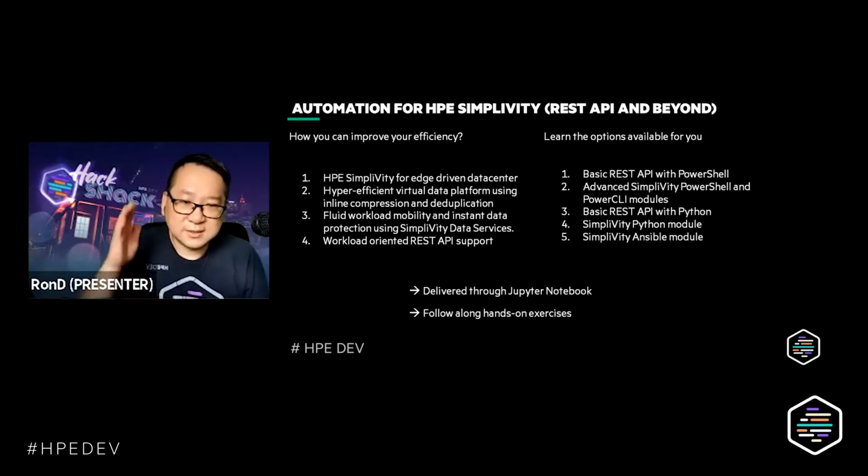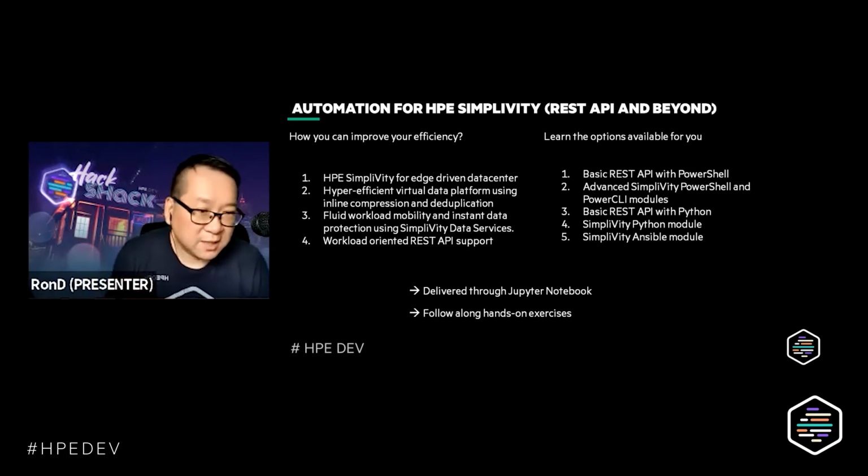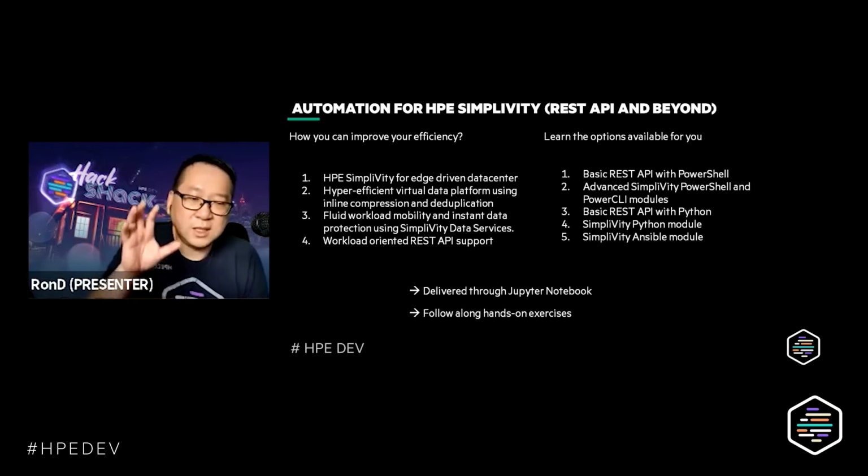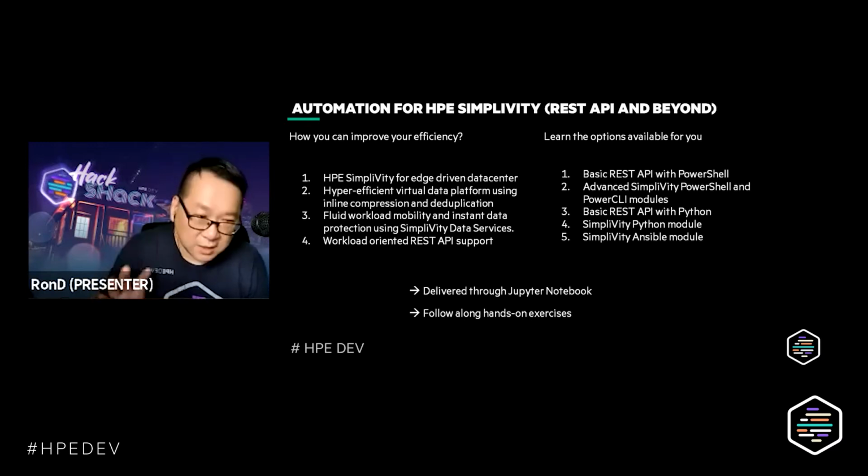And here are the options that you're going to be able to go through today. There are 5 different notebooks. I'll go through the basics; there are 2 basics actually. If you look up here on the right, underneath Learn, the options available to you today. Number 1 is basic REST API with PowerShell. Then I will also talk about how to use the SimpliVity PowerShell modules and the VMware PowerCLI modules together